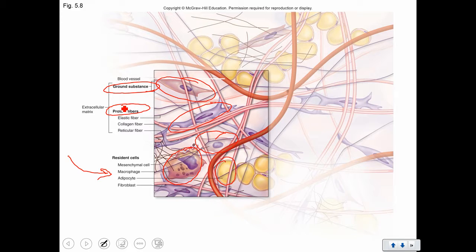The characteristics, this is what you write, the characteristics and qualities of a connective tissue. I'll say it one more time. The characteristics and qualities of a connective tissue are determined by,